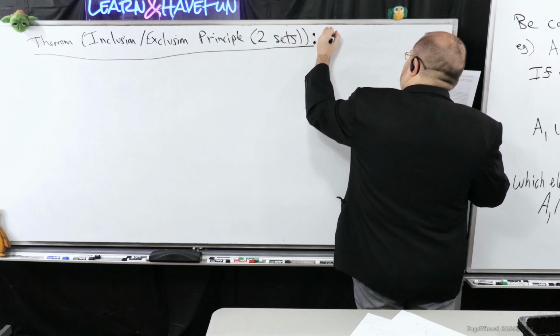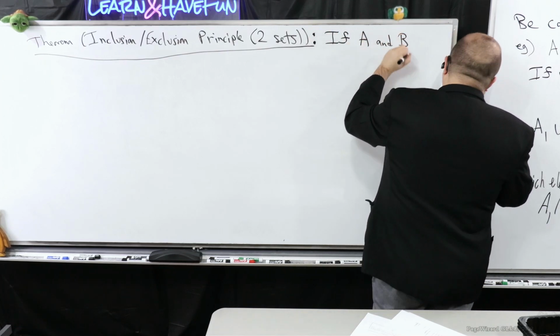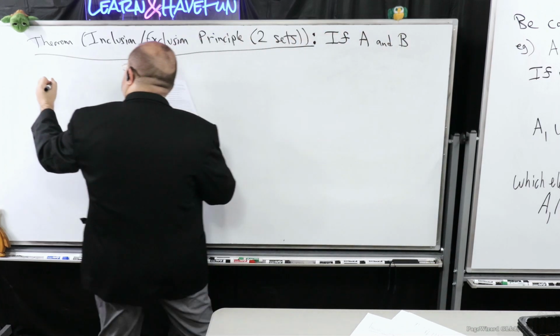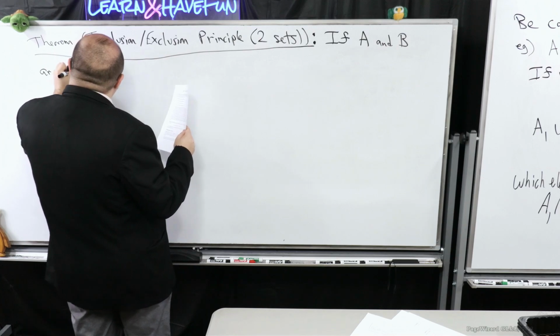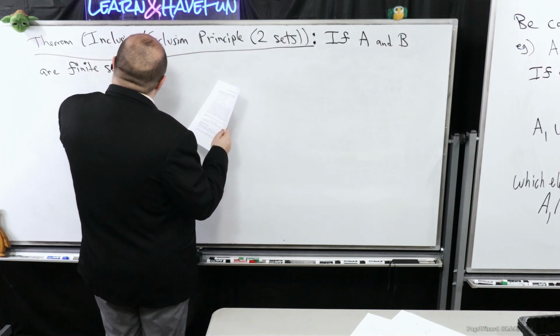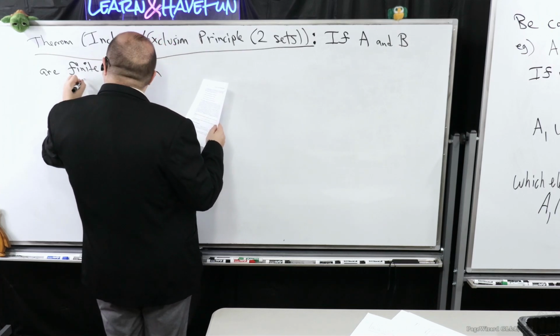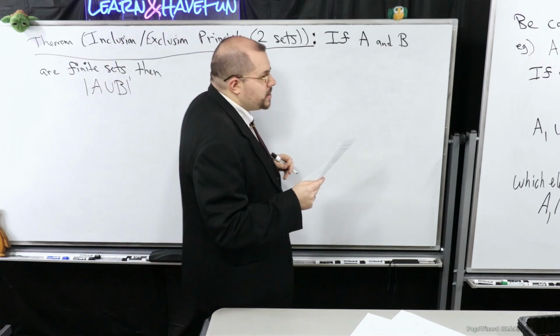So if A and B are finite sets, then if I take the union of A and B and I ask how many elements there are,